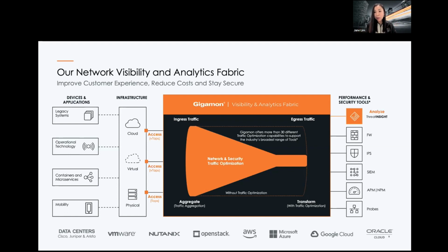And if you have a bunch of virtualized environments, I have a capability called virtual taps, which I install on your hypervisor. Just one virtual tap per hypervisor, a virtual instance that I install on your big physical server. Behind the hypervisor there are probably 200 to 300 VMs running, but with just that instance, I can see all this traffic. Your different security solutions just connect to Gigamon and pull the traffic that you need to see. If you can understand this concept, this is a very, very important slide.